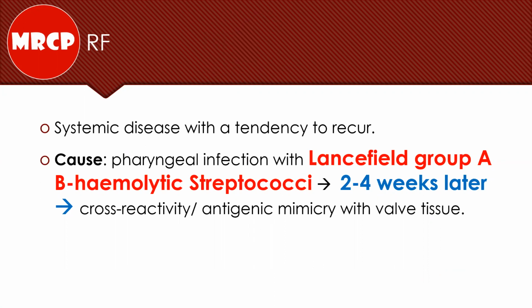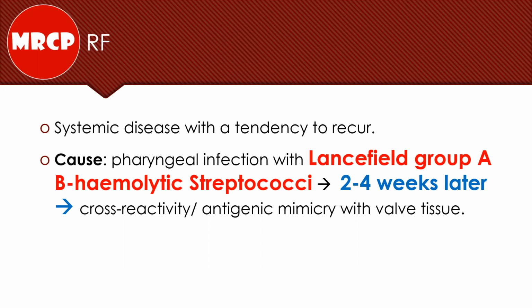because particularly you will be facing a clinical scenario about a patient presenting with rheumatic fever, and simply you might be asked about what is the cause or what is the underlying etiology or what is the causative organism of rheumatic fever. Group A beta hemolytic streptococci is the causative agent. And actually, it presents 2 to 4 weeks after upper respiratory tract infection.